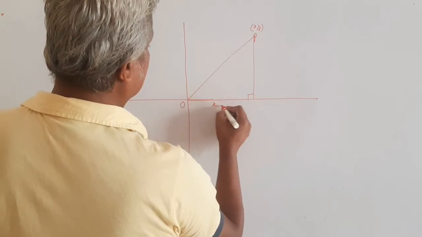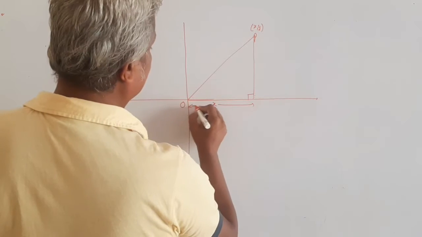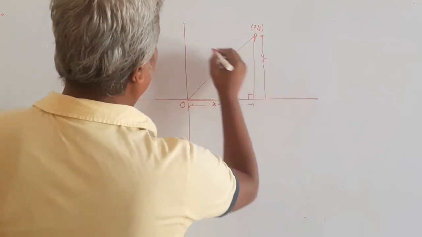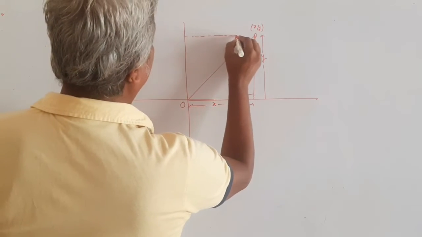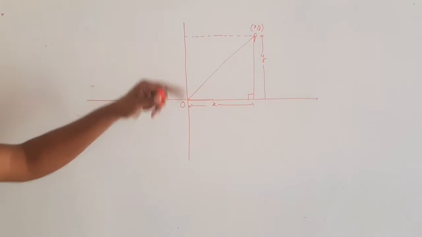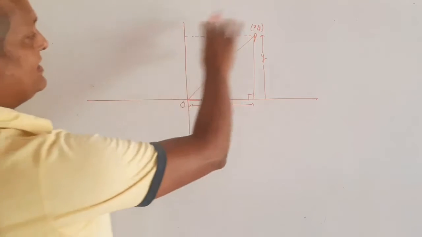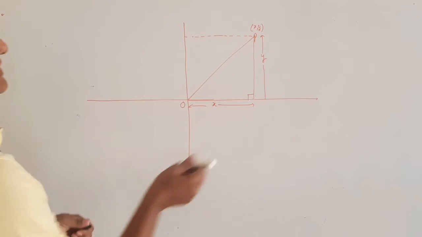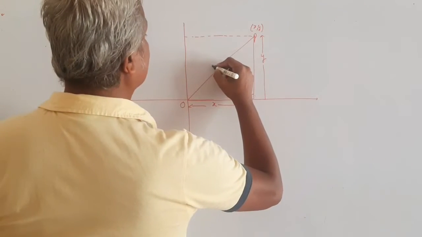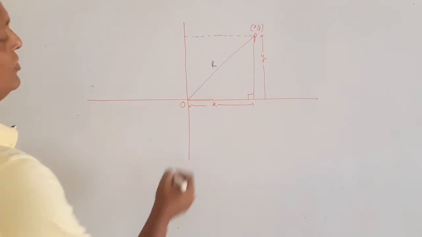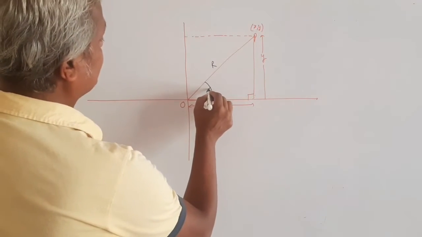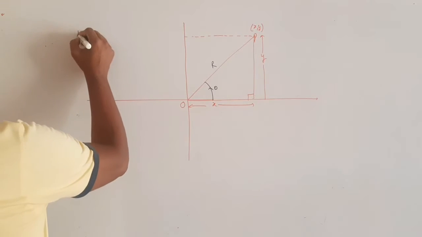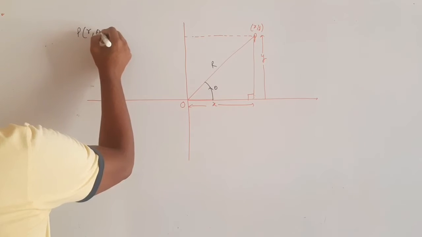So this distance will be x and this distance will be y. I am just drawing this half rectangle. This is the rectangular system. Now if I take the whole thing in terms of the polar coordinate system, then this line OP, I will call it r, and this angle is theta. Now in the polar coordinate system, P can be expressed as r comma theta,